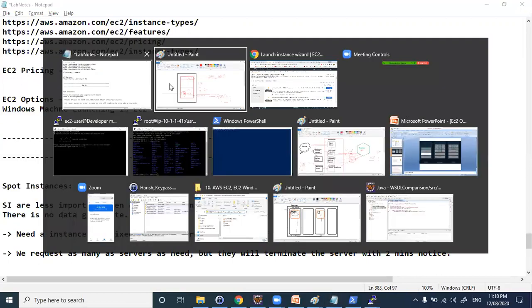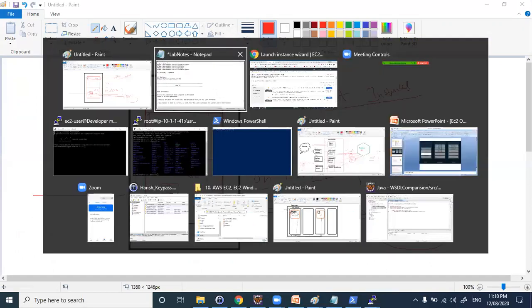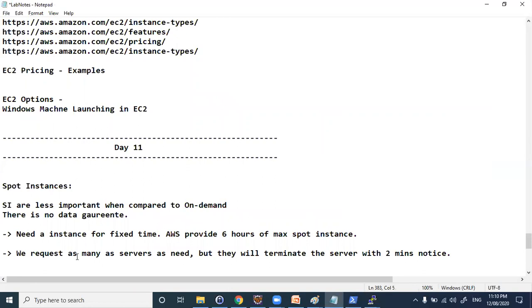Okay, so what will happen when the on-demand customers are there, right? For AWS, on-demand customers are the actual customers who are paying a high amount. So when this occupancy is getting more, right, 60 to 80% it came, that time they will just give you 2 minutes notice. Hello user, I'm deleting your machine. So like that. So that's one of the spot instance types.